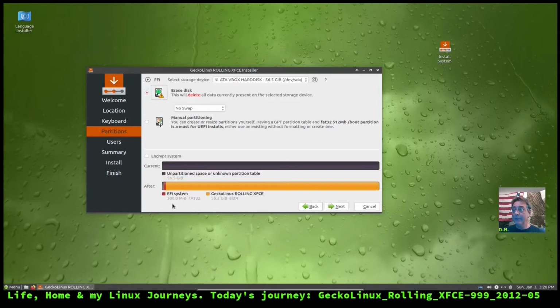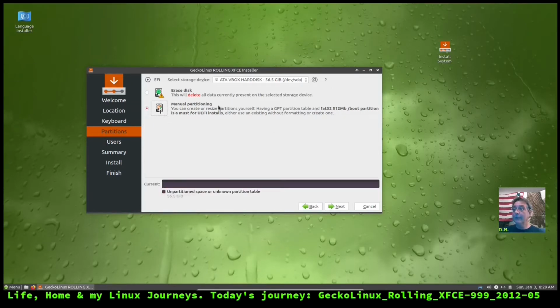Let's see if it'll show me what it will do if I just allow it to do what it wants to do. It'll set up a 300 megabyte EFI boot partition, and all the rest of it will be on root drive or administrator. So I don't like that. That's with no swap. Let's see. Swap with no hibernate. It'll only give us 5.6 gigabytes, which on a regular machine, that would be awesome. 8.4. Now I've allocated 4 gigabytes of RAM. 1.5 times that would be what they recommend. That's what Debian recommends. I'm going to select manual partitioning